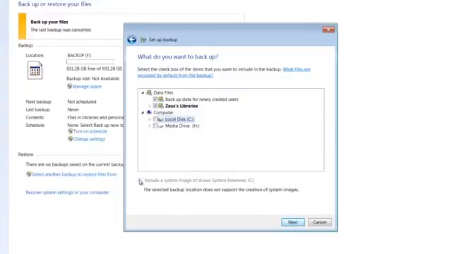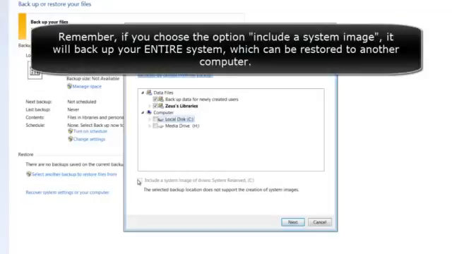Just convert your external backup hard drive from a FAT32 to an NTFS file system, and you would be able to back up an entire system image. That is like copying your whole computer. So if your computer blows up, you still have that external hard drive that you can connect to another computer and just recover everything that you had, including the operating system, including all the program files, including all the videos,